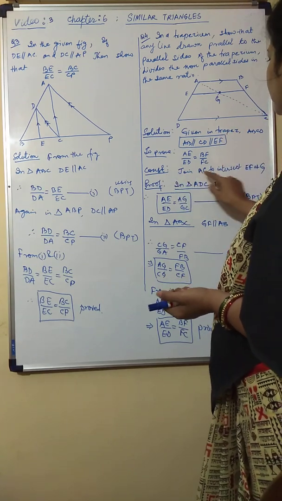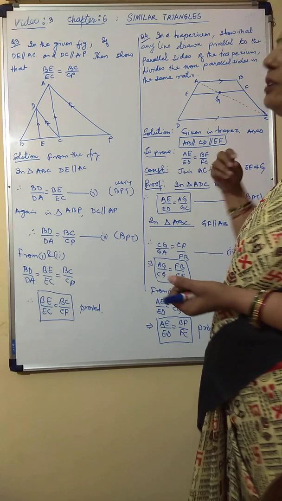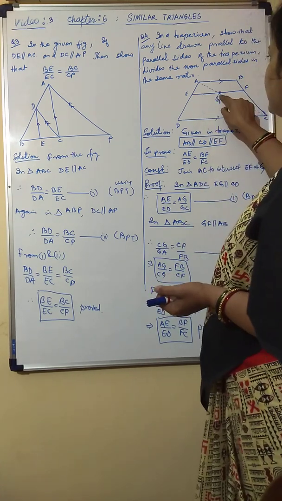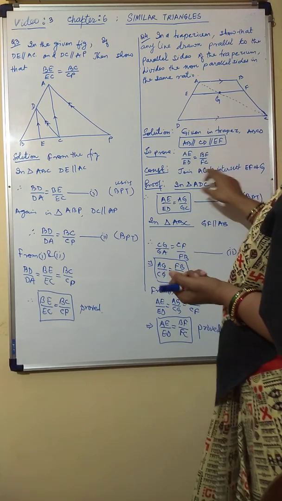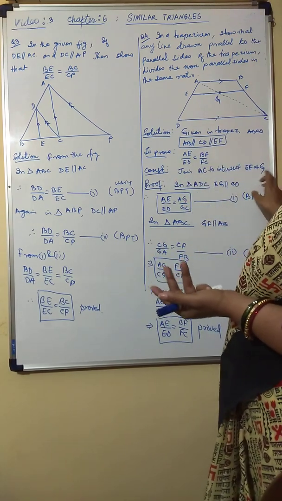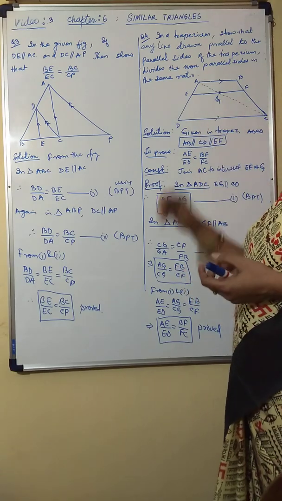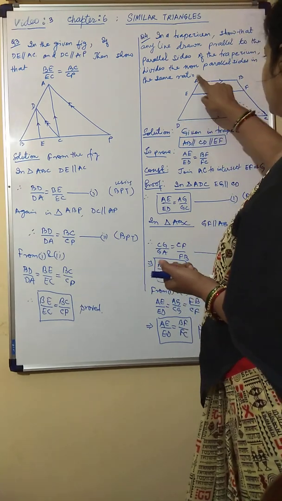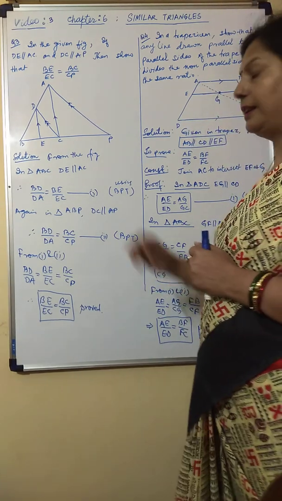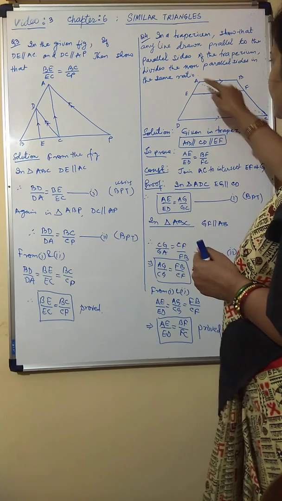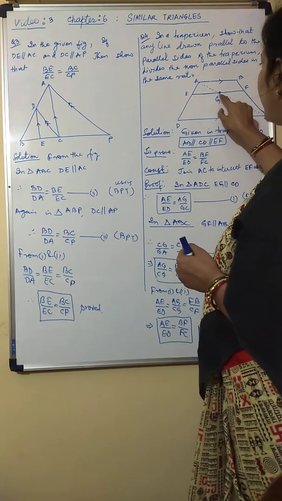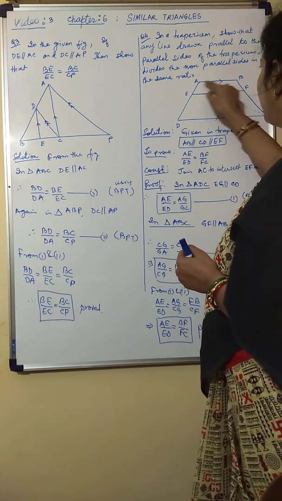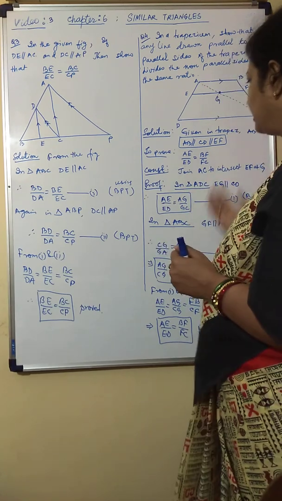So the construction is, you can join AC, or you can write draw diagonal AC to intersect EF at some point, say G. Here I have just joined AC to intersect EF at G. I have not mentioned the word diagonal, even if you use it, no problem. Now clearly you can see that there are two triangles. One is ADC, where you have EG parallel to CD, and you have triangle ABC, where GF is parallel to AB. Now we can very easily compare the ratios.